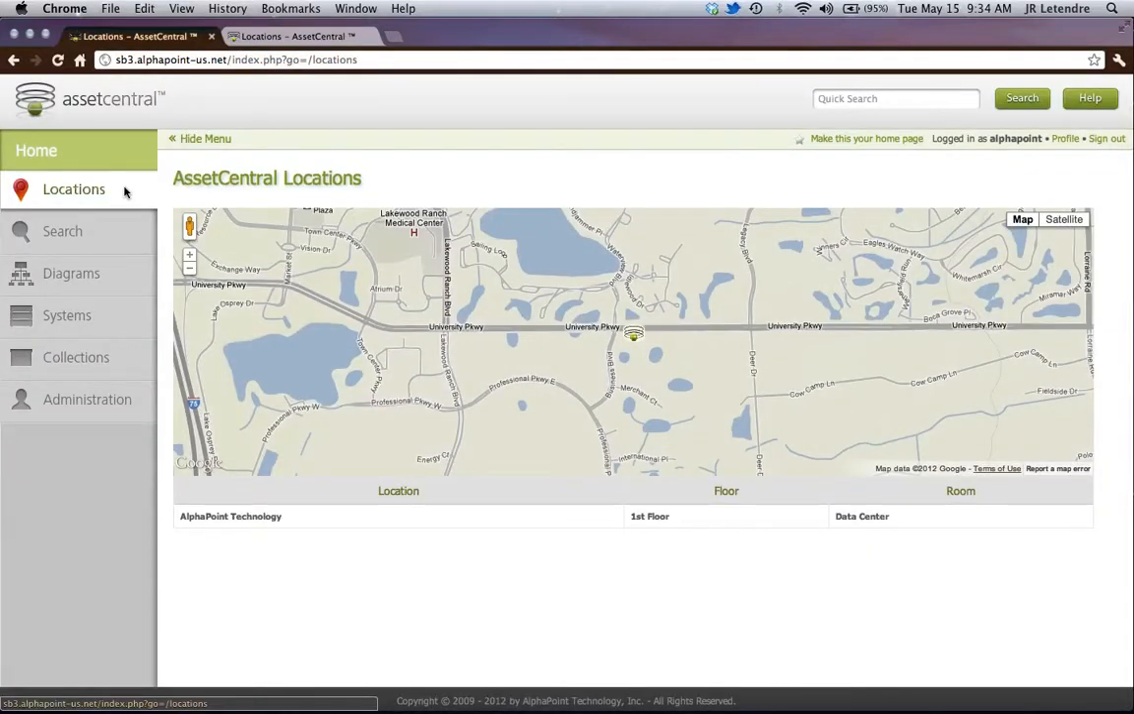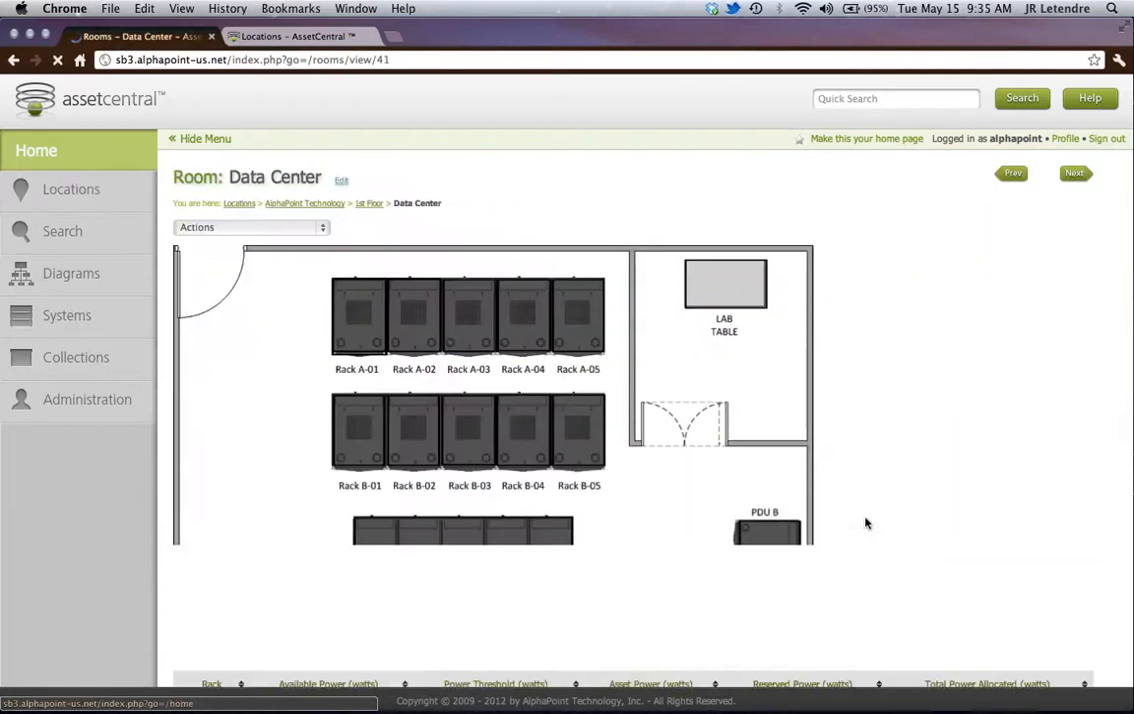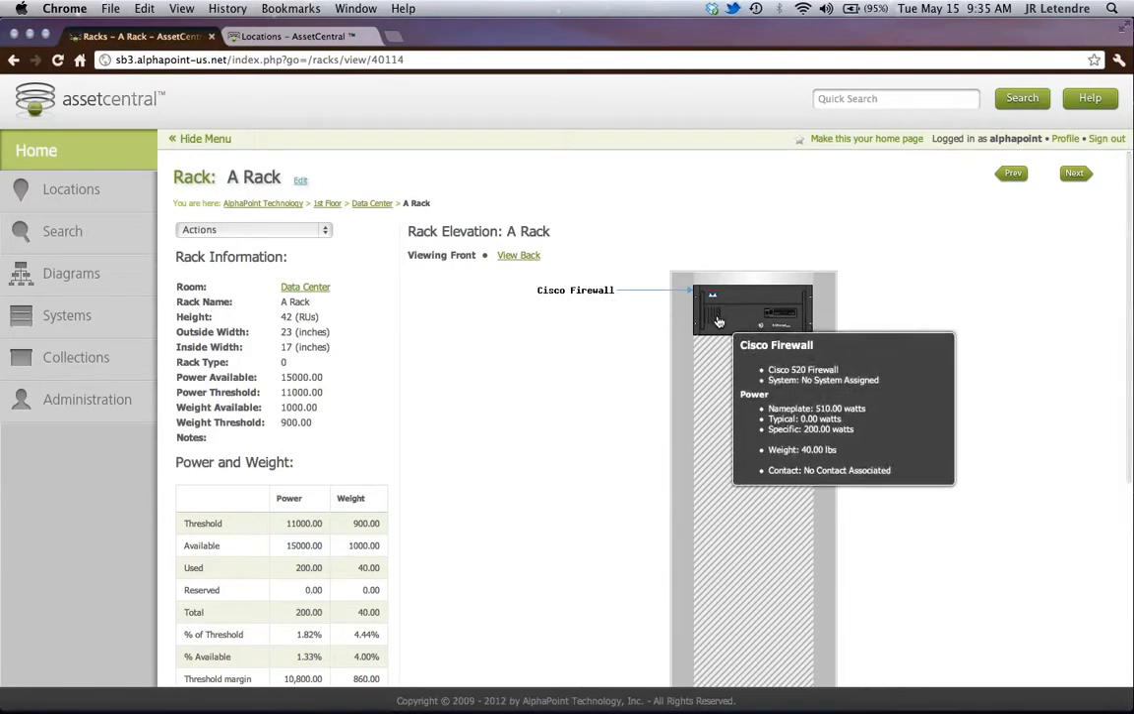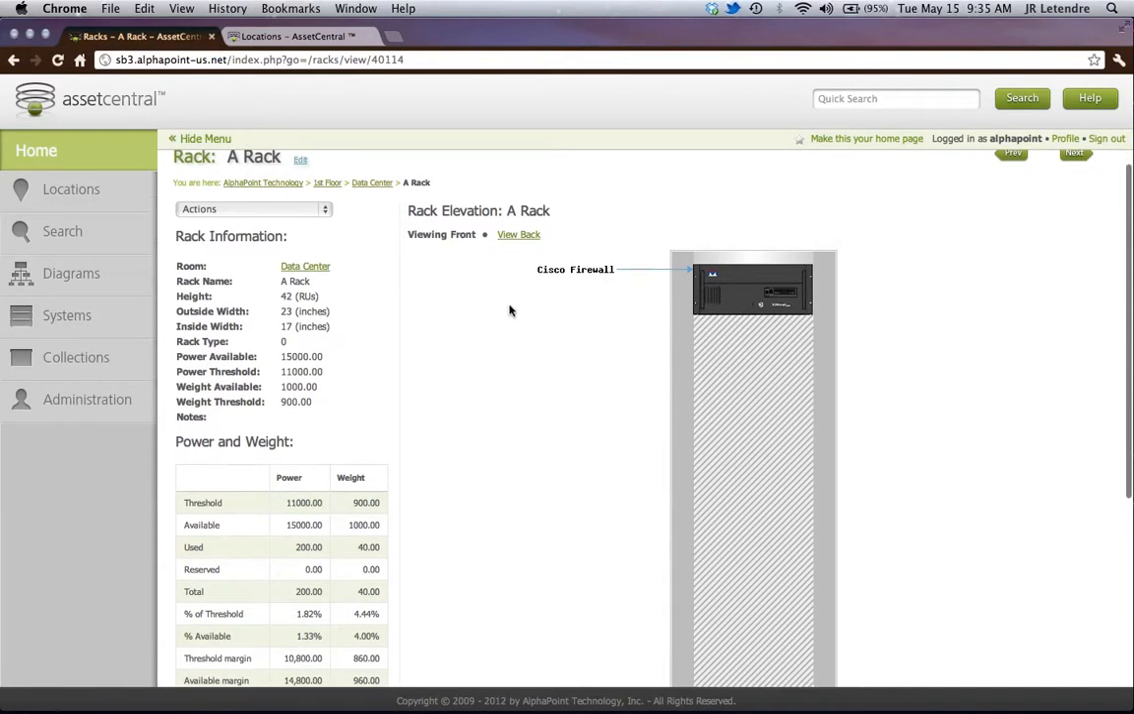Okay, so in this video we're going to show you how to add a new asset image if you happen to have a device that is not currently in the asset image files that come with AssetCentral Lite. So what we're going to do is go to the data center, and I'm just going to show you what I mean. So what we did is we installed the Cisco firewall, and of course that image was available in the asset